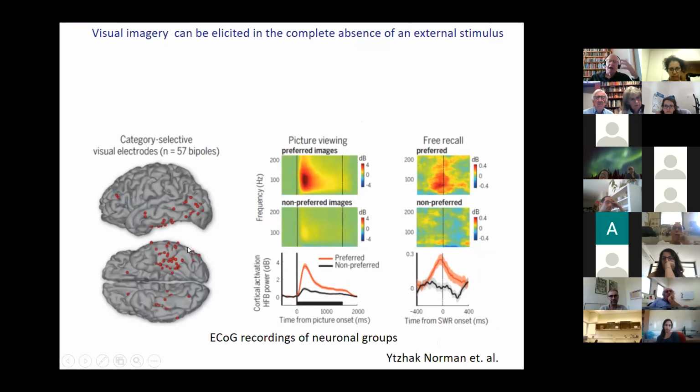I told you that these electrodes in high order areas are selective to certain object categories. Critically, when now the patients were asked to close their eyes and recall the images that they just saw, you see again the same selectivity re-emerging, but interestingly, it is centered on the burst of a ripple. It's as if the ripple plays an important role in this imagery